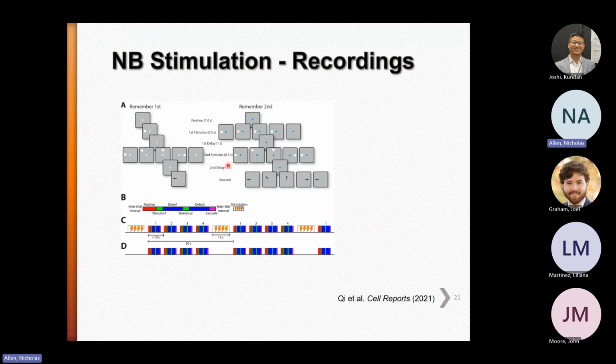The monkeys now see two different stimuli. Here, they have to make an eye movement and remember either the first stimulus or the second stimulus, depending on the fixation. If the fixation form is white, they have to look at the first stimulus, or the second. The second stimulus is a non-important task that allows us to see the effect.